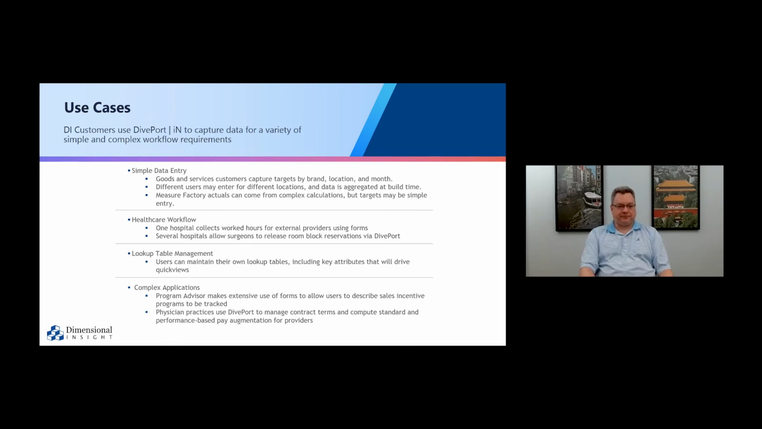Some of DI's applications make extensive use of input functionality to gather data and will then serve as the primary source of truth for the data within their domains. Sales incentive programs are described, maintained, and tracked entirely within DI's Program Advisor, and large physician practices can enter the terms of their contracts with their individual physicians and use Diver platform to track compliance and compute bonus pay based